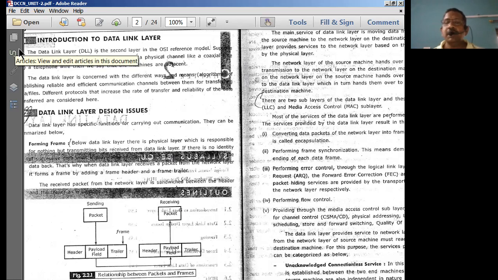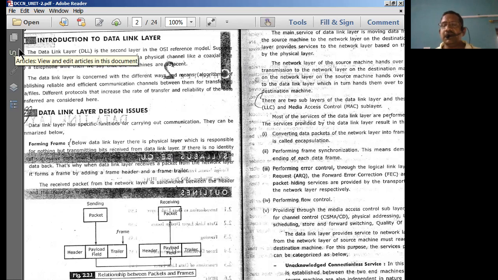So please always keep in mind that the data coming out of the transport layer is represented as a segment. The data coming out of the network layer is represented as a packet. The data coming out of the data link layer is represented as a frame. Data coming out of a physical layer is represented as a bit stream, baud rate, or symbols. So these are the representations of the data.